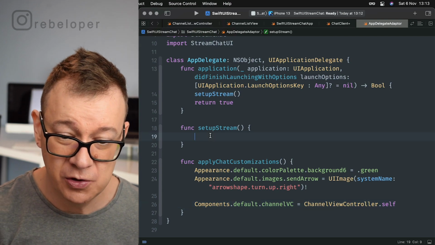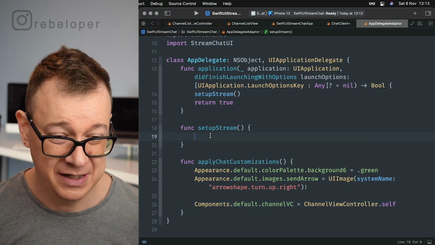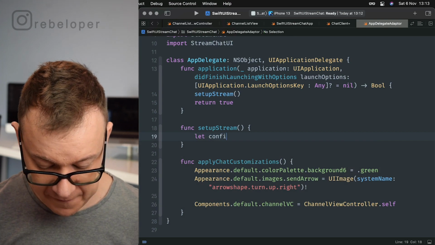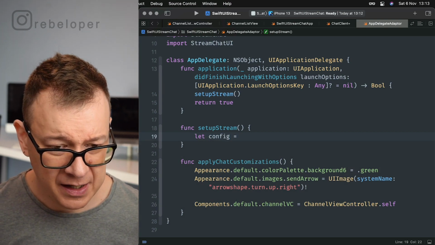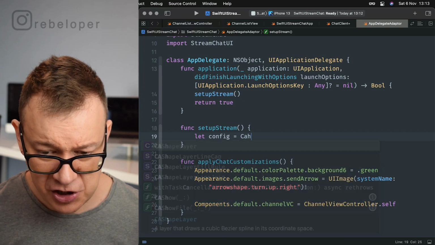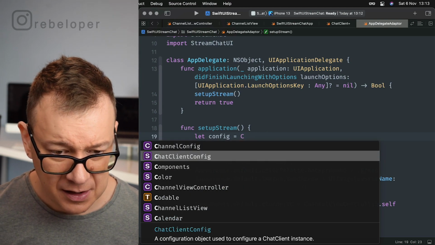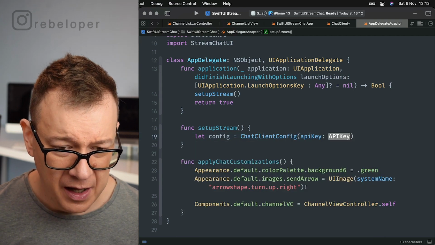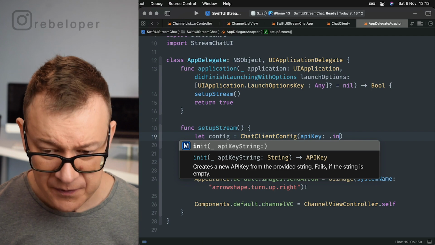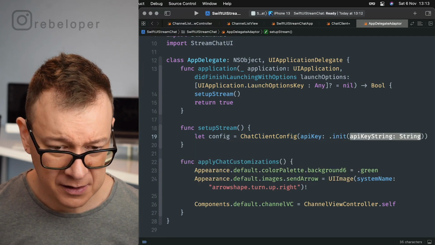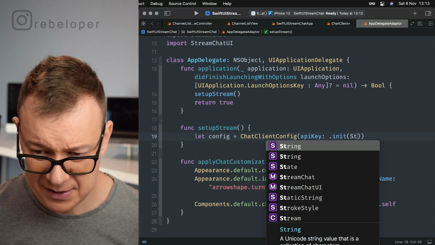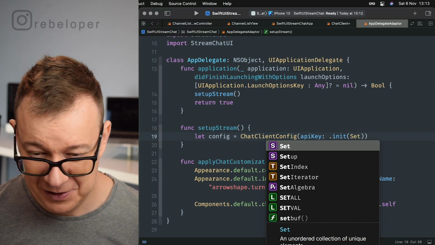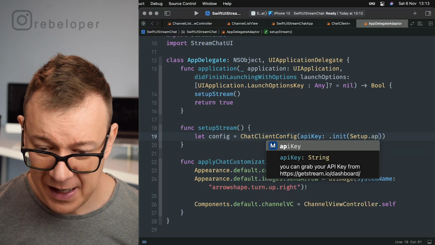Now it's time to initialize this. First of all, we want to create some configs. So let config equal ChatClientConfig with an API key. There we go. And I'm just going to use init and setup.apiKey.